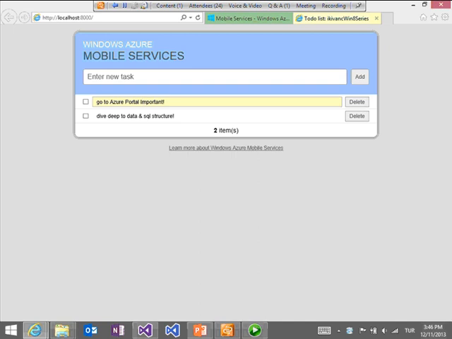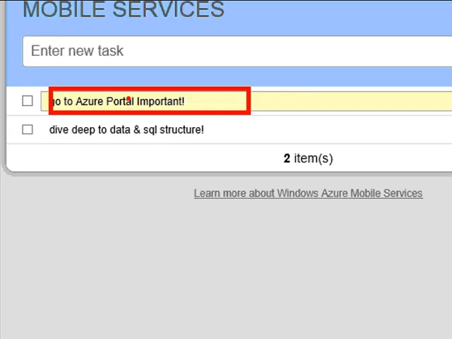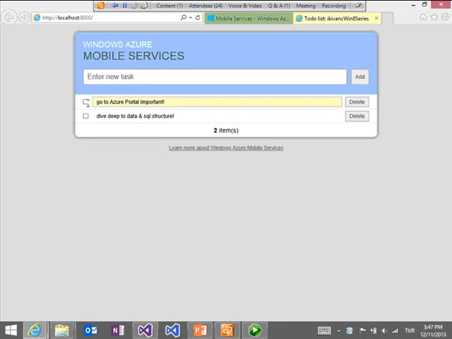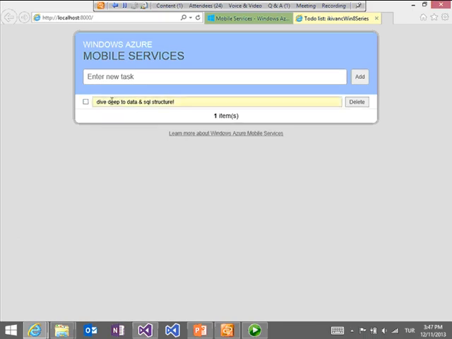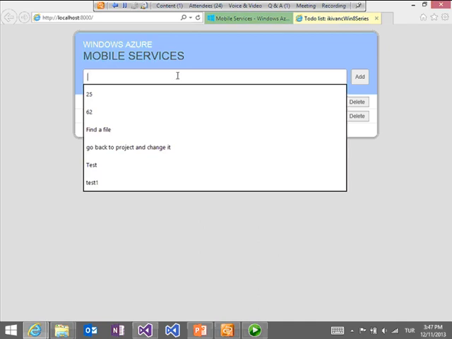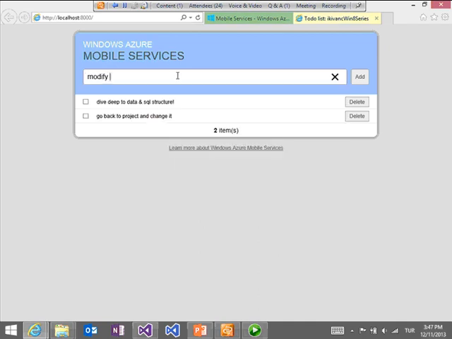So your existing one, and also if you remember that we have changed it through our database, and then we can see that okay, we have checked this one, and then it will disappear. And then we did the deep dive into data and the SQL structure. So we have done that. So we can say go back to the project and change it. Whenever I say that, I can see it in here, and then I can say modify